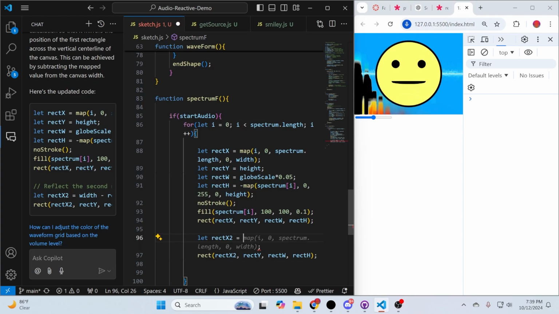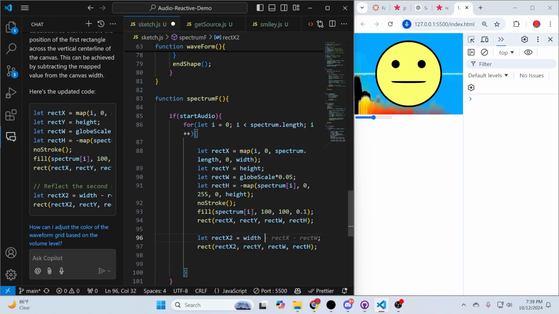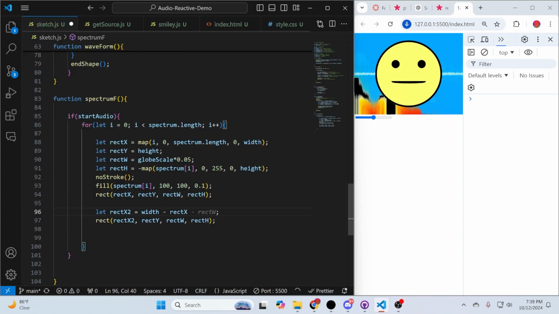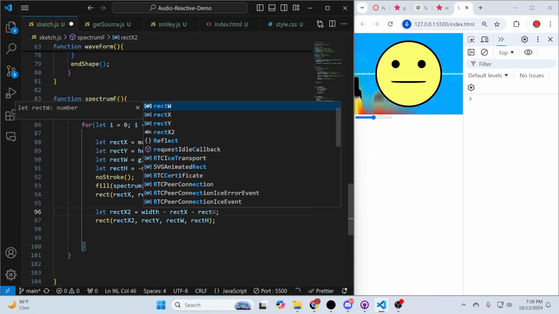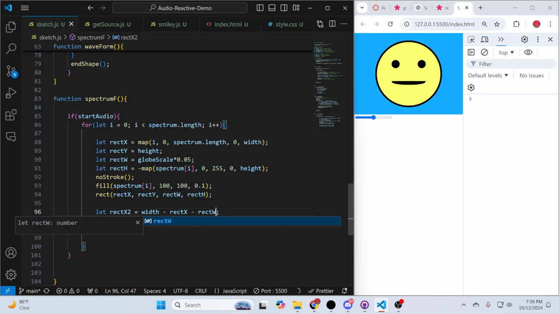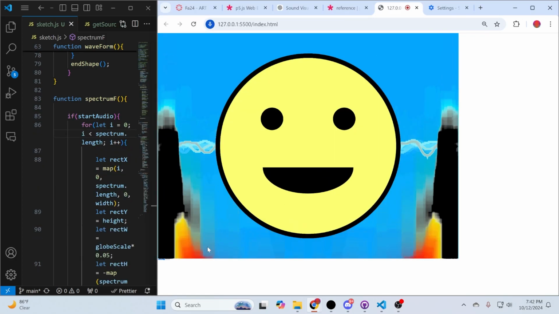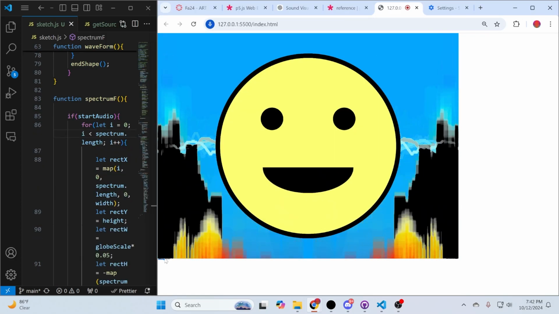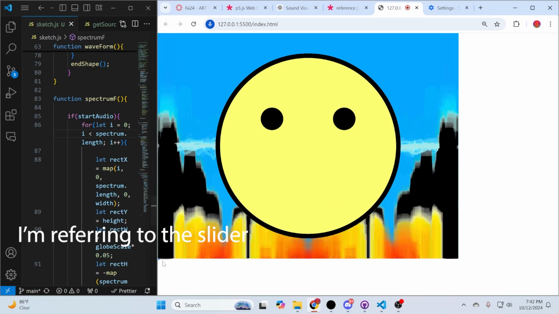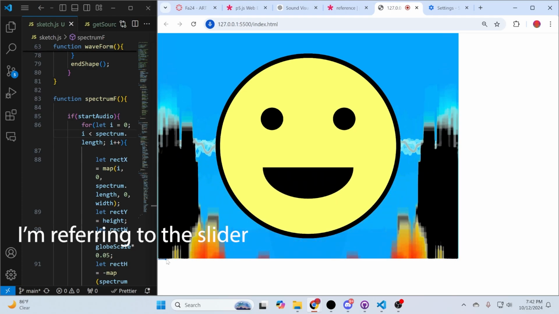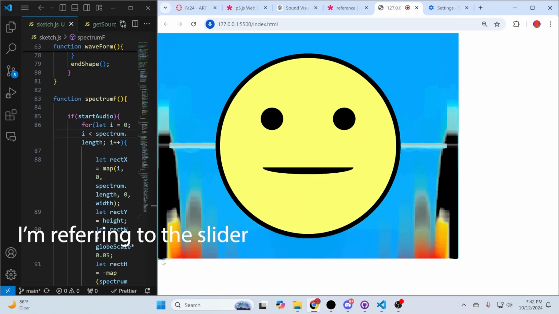So we'll just say we wanted to start at width minus rect x minus rect w and see if that works. Hello. Very fun. Cool. So yeah, we're getting somewhere. We've got some cool visualizations happening, and then our little, we didn't scale this guy very well yet, but we'll